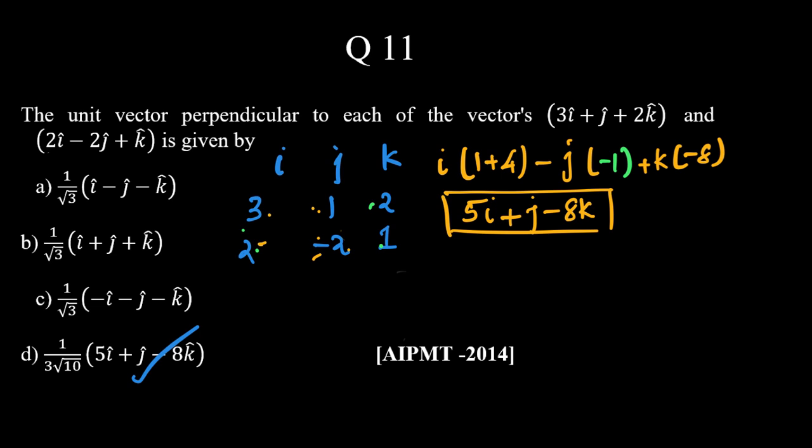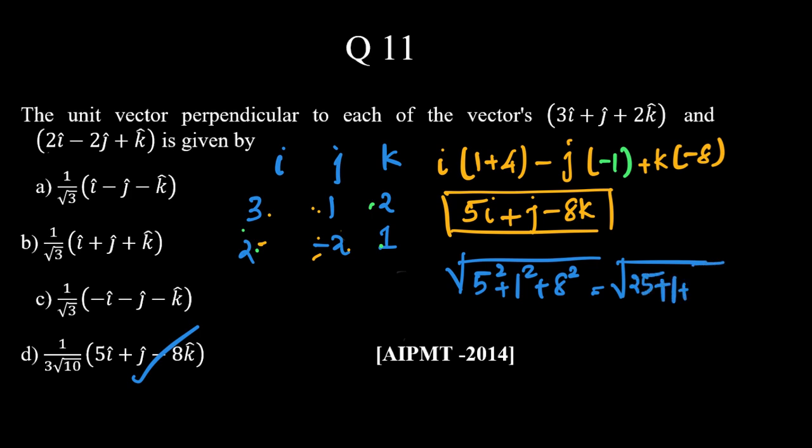And what is the magnitude? The magnitude will be root of 5 squared plus 1 squared plus 8 squared, which is root of 25 plus 1 plus 64, which is root 90, which is actually 3 root 10. Okay. So since we found the answer, now that we have it,